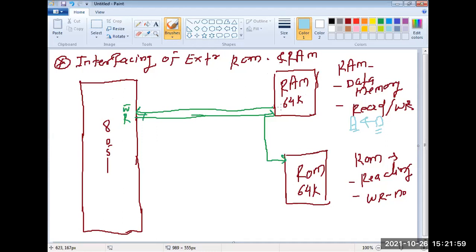Okay, so that's why we need to connect the address bus to the RAM memory as well as the data bus to the RAM memory. That is important. At the same time, the address bus goes to the ROM memory, because I'm only reading the data, not writing, in that case. Okay, that's why in case of 8051, port 0 acts as